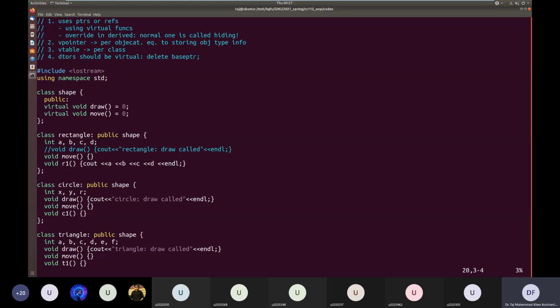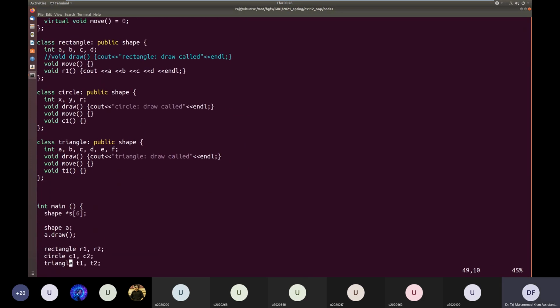But rectangle is overriding the function move, but it is not overriding the function draw, which means draw is still pure virtual in the class rectangle. And if a class has even one pure virtual function, it becomes an abstract class, which means rectangle is also an abstract class. Normally we should not be able to declare objects of the class rectangle.